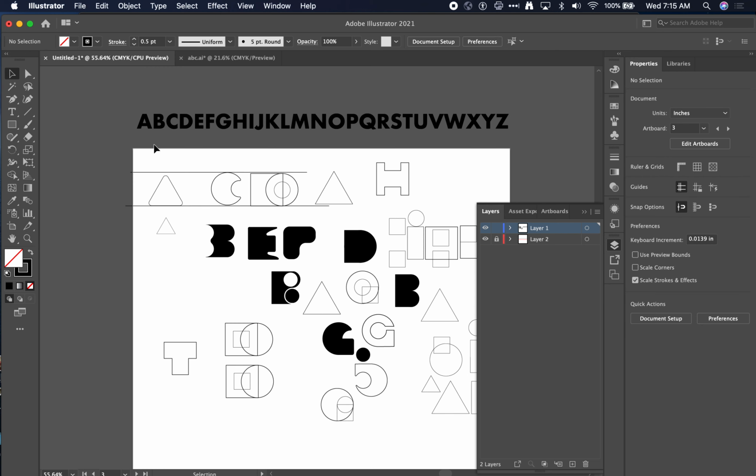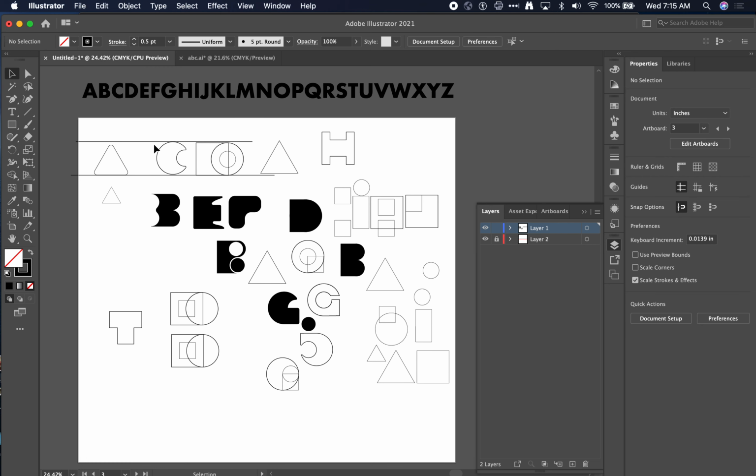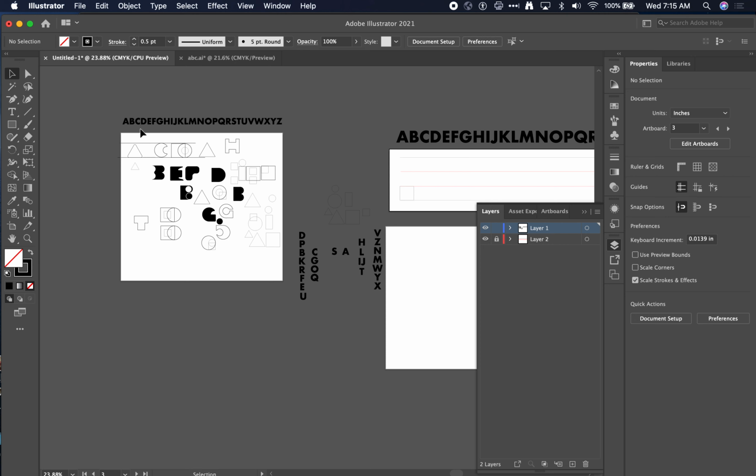Okay, for the second part of the video, you can stop now if you wanted to, but I wanted to go over how I would approach making a font physically, and so you could see me struggling with each letter. So what I was going to do, and this is my artboard that I started with